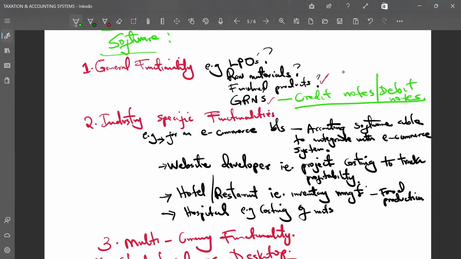Raising of credit notes and debit notes. It happens both ways. Maybe at the point of sale, you've already sold an item, but it is rejected by your customer. What happens? How do you treat it in your accounting system? Is your system accommodative of such a process? Is your system ready to accommodate such?